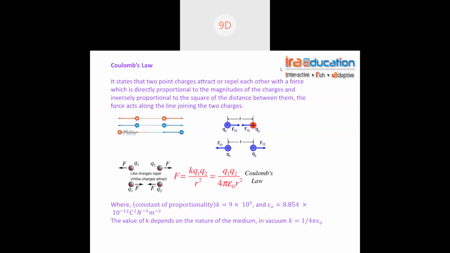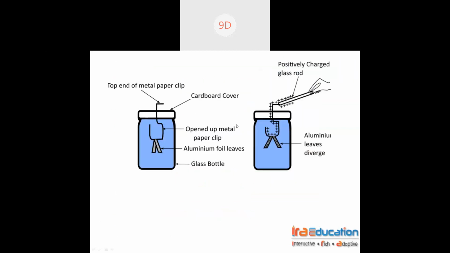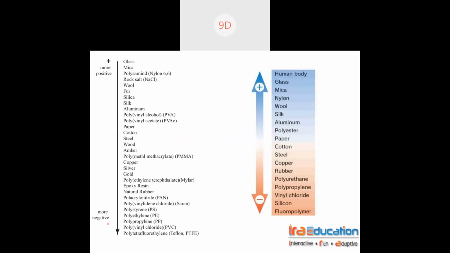So in the last class, we were discussing charges that are in a state of rest. I will just walk you past the previous slides. We discussed the electroscope and how the leaves are repelling each other if charge is being induced in them, right? And this is your triboelectric series, by which you can determine what kind of charge is developed.